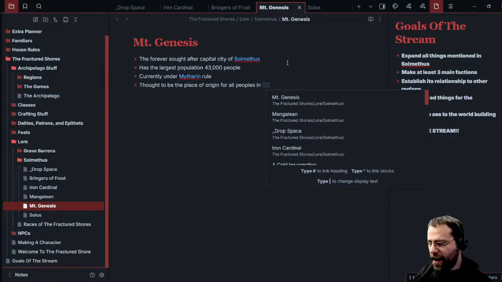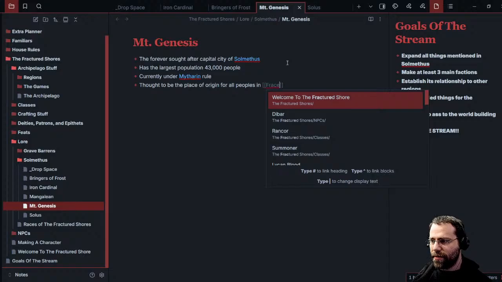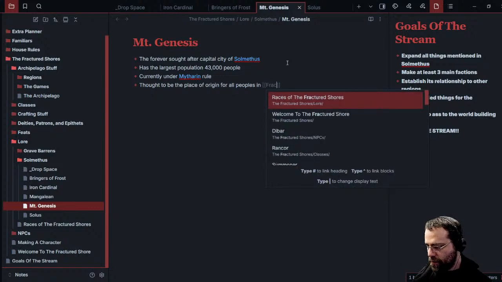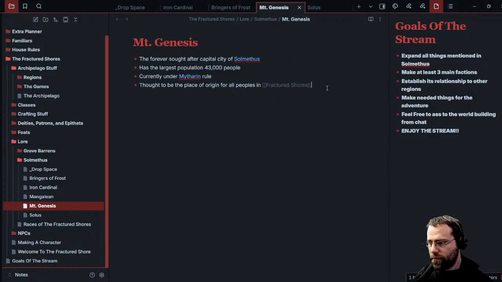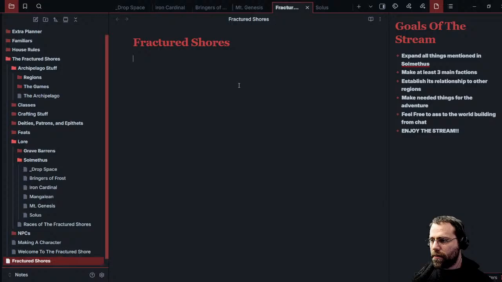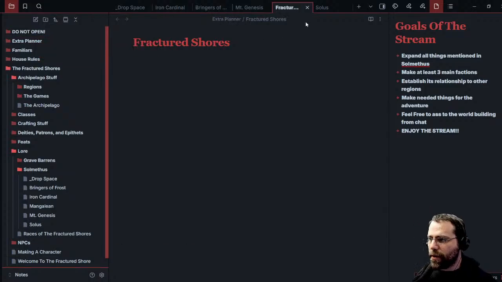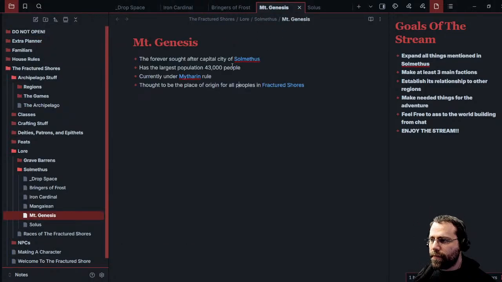Do I not have a fractured doors thing? No, I don't. Okay. I should. Nope. There we go. Do that real quick, and then fractured shores should go in extra planar. There we go. We can close that though. Okay, and